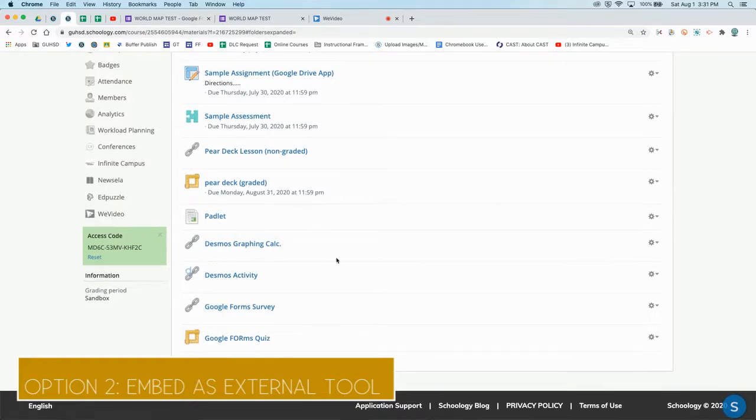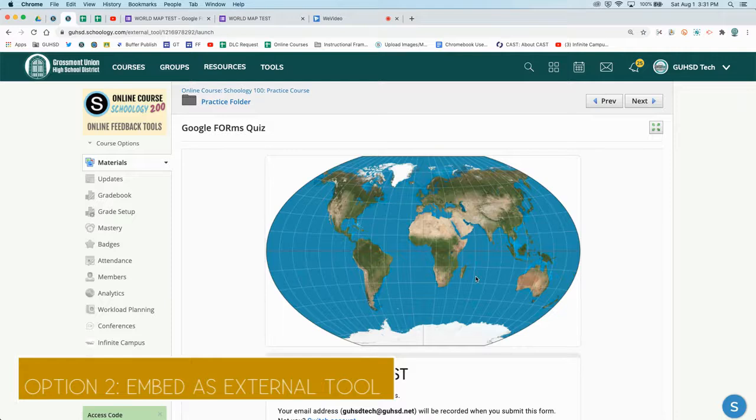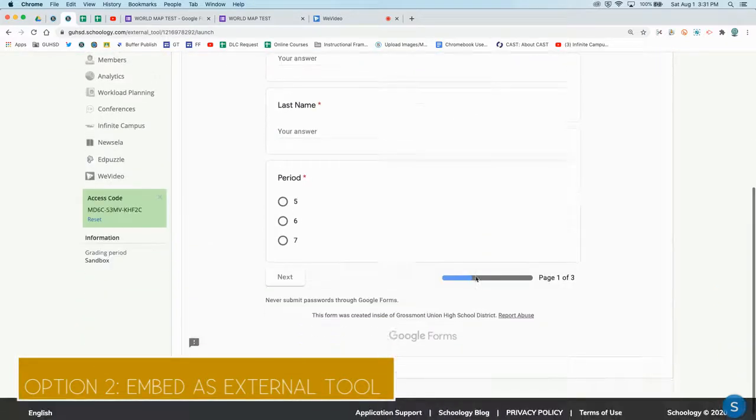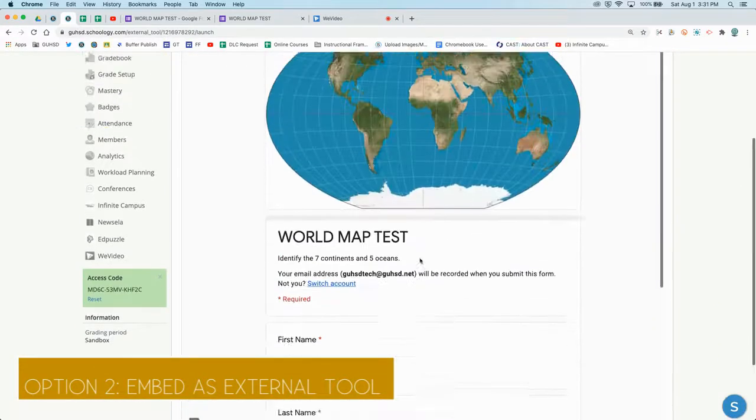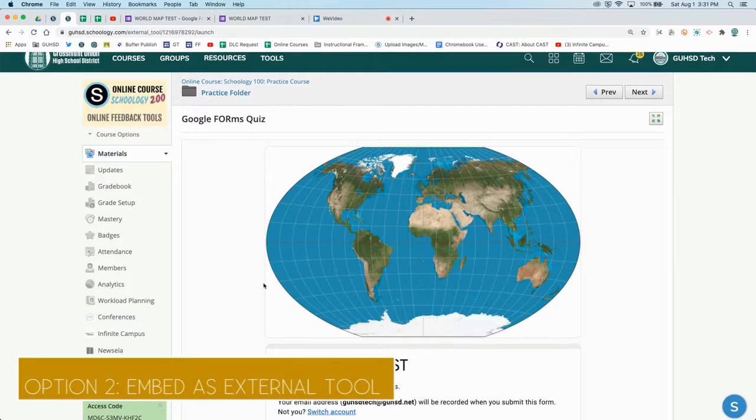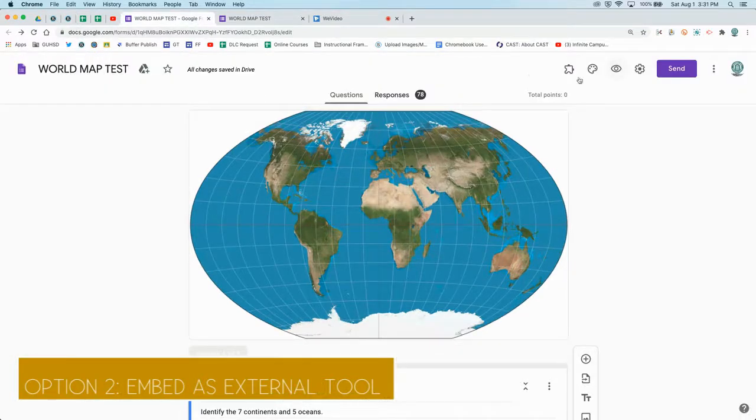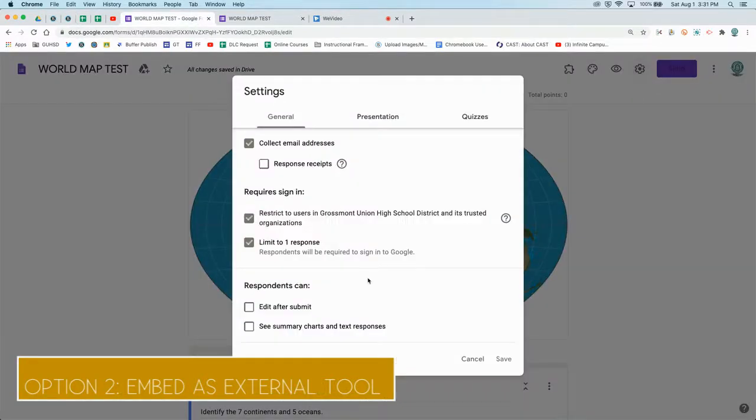And now when the students come into the Schoology course, they'll notice the quiz. They can go ahead and click the quiz, and here's the quiz right here. They'll go ahead and click through and submit all of their answers. Google Forms functions identically inside of Schoology, so if this is an auto-graded quiz, they will see their score at the end. So you just need to make sure that when you set up your quiz under the settings section,